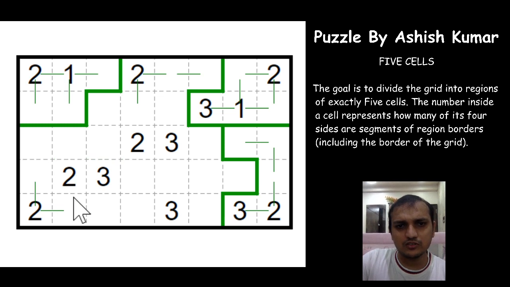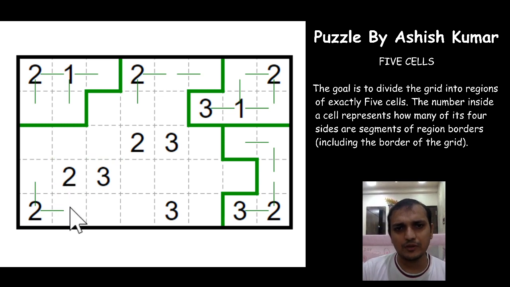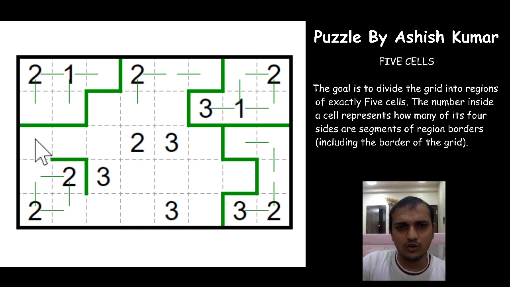So in these kinds of puzzles, mainly this 5 cell puzzle, you always have to look ahead at what happens if one is not part of the region and the other is a part of the region, so you will get the contradiction easily. So this 2 is part of this region now, so this region can either go this way or the other way, right?